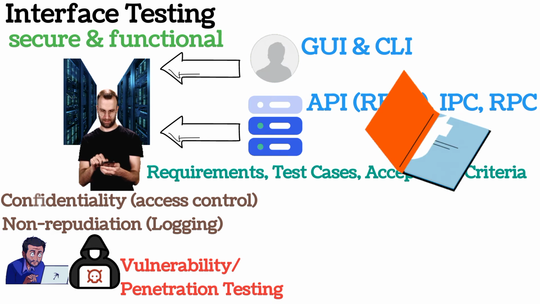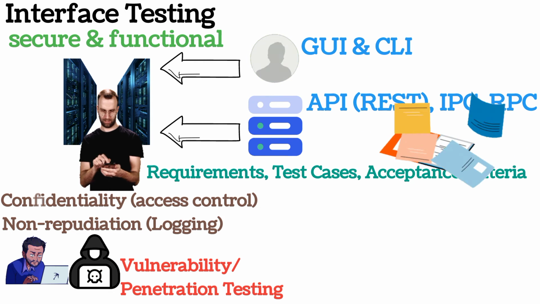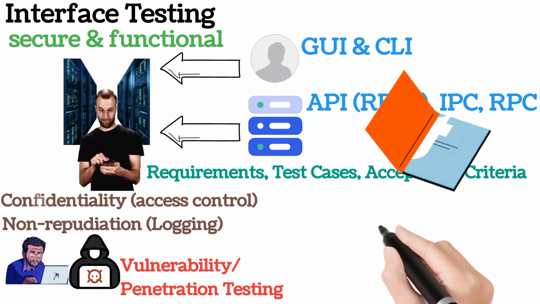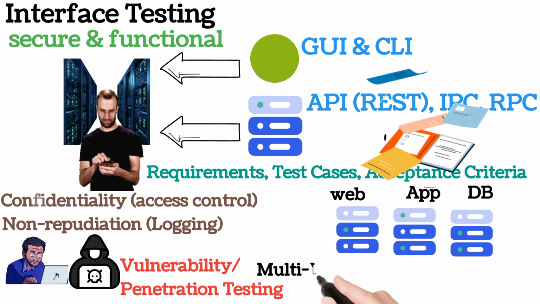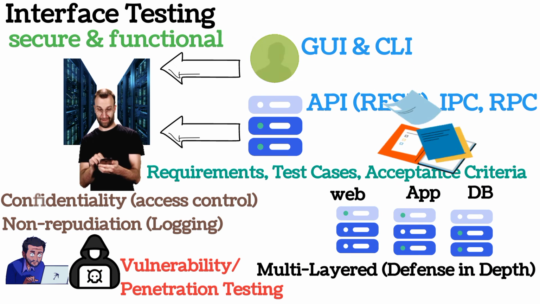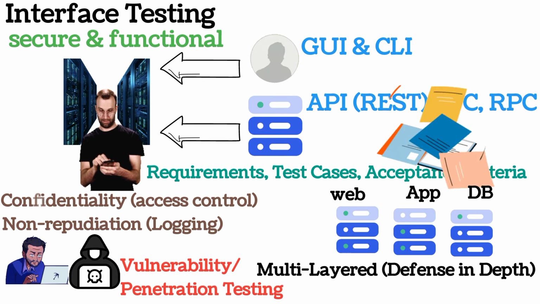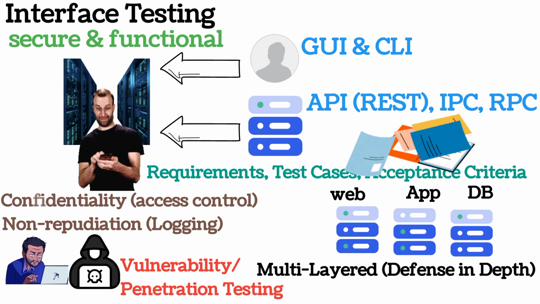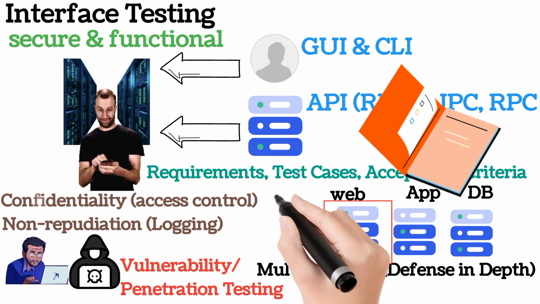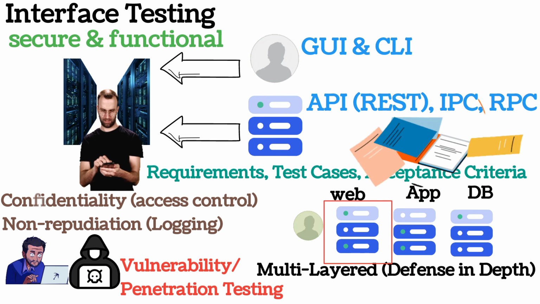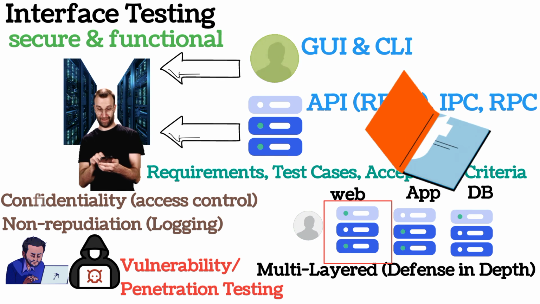Moreover, system testing or interface testing can have various components. For example, a system can comprise of an application server, web server and database server. So security of multi-layered controls should be tested to ensure defense in depth. So the most important or the critical area is web application, because web interfaces are exposed to an external user which is normally outside of an organization control.